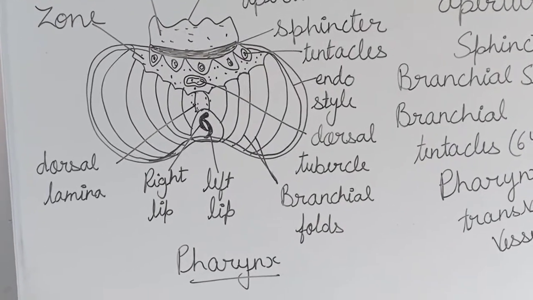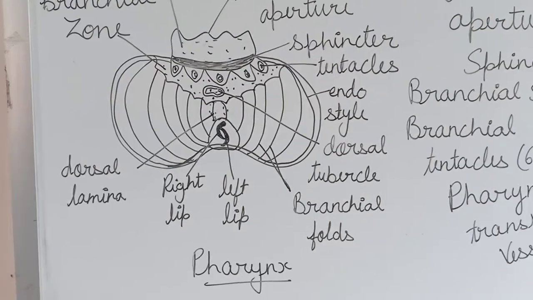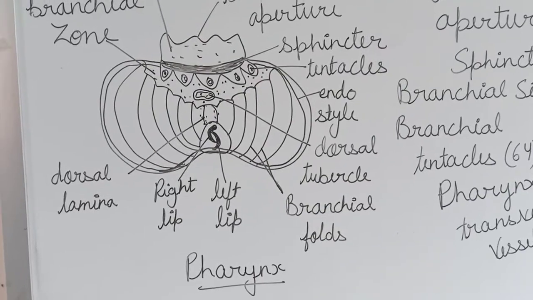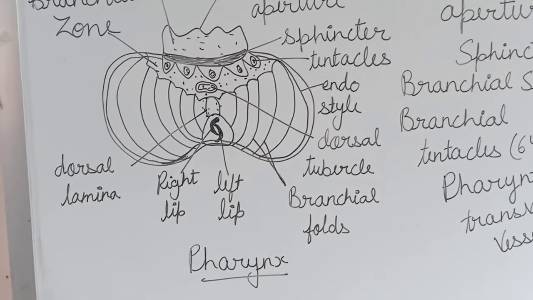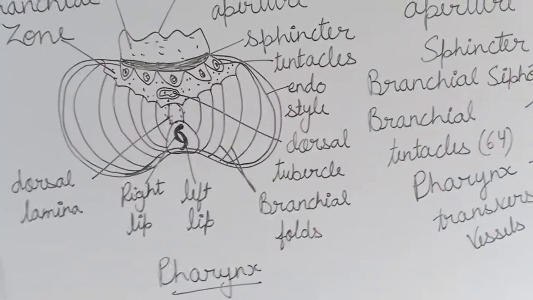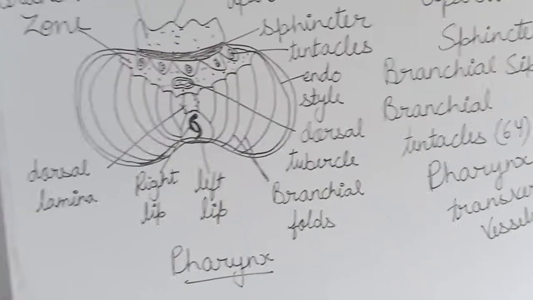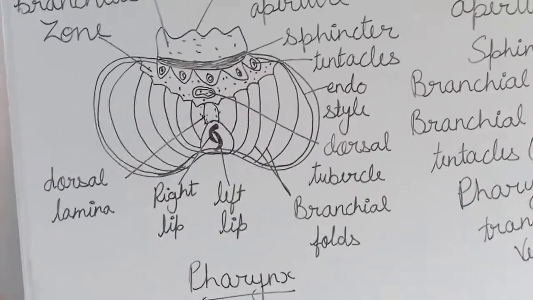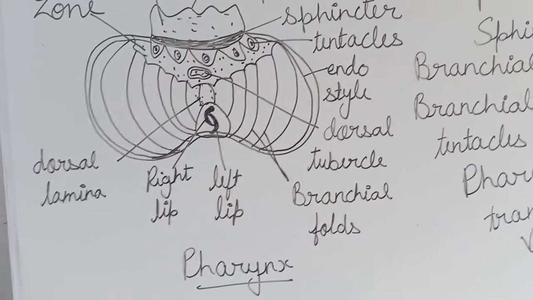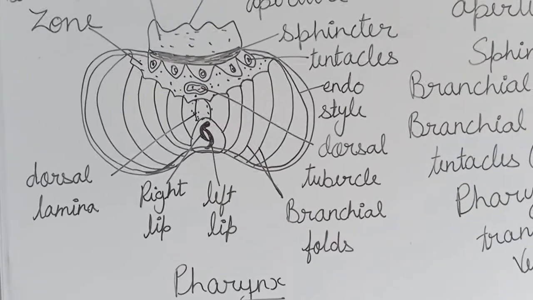Some branchial folds are also present in the branchial region, because the pharynx is situated in the branchial siphon. In the mouth of this animal, 4 lips are present in the branchial siphon. So you can see here the right lip and left lip of this animal, and above this you can see the dorsal